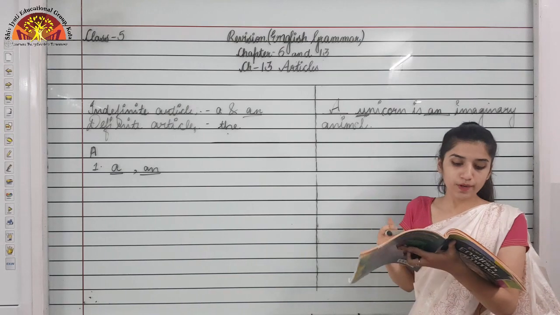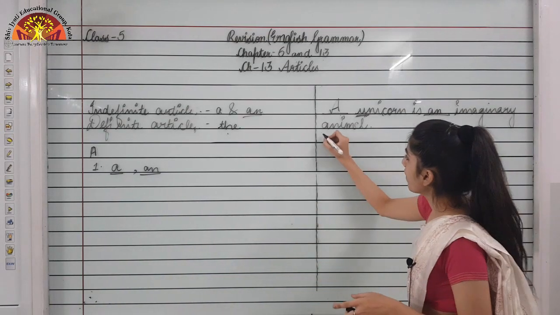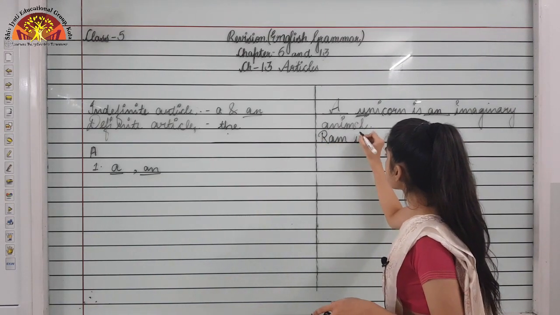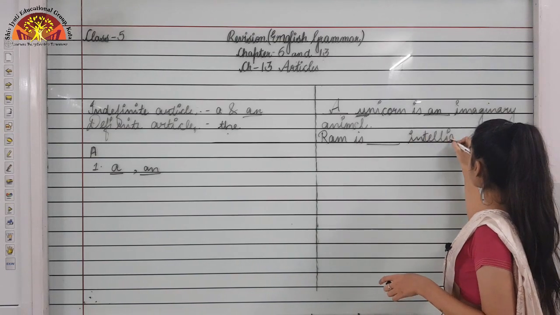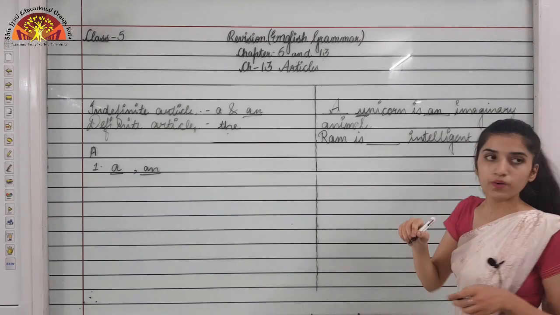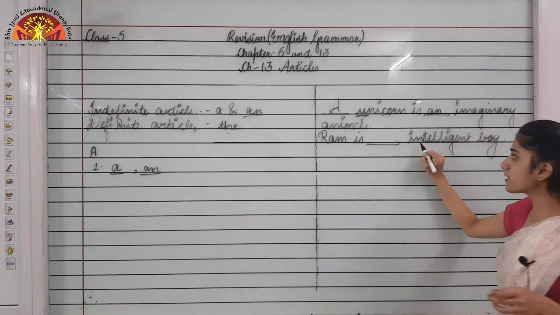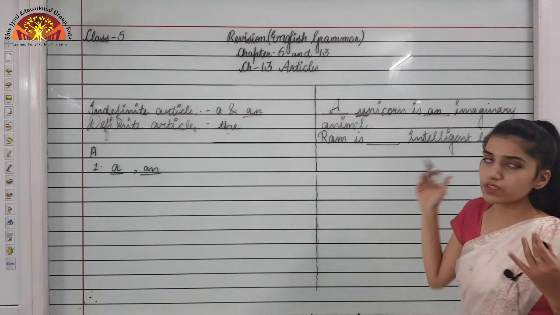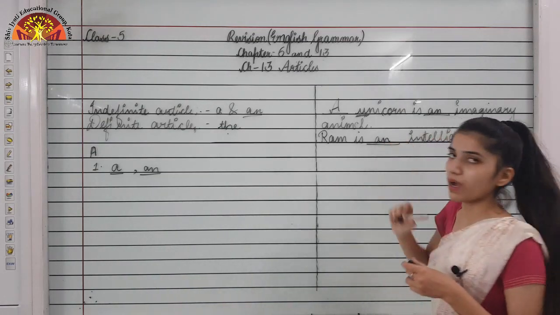Now I can take one more example, that is Ram is dash intelligent boy. Okay, so in this blank what we need to refer is intelligent. The sound of intelligent is having I with it, okay, it's starting with I, so what is there? It's a sound of a vowel, so what we will fill? An will come over here.